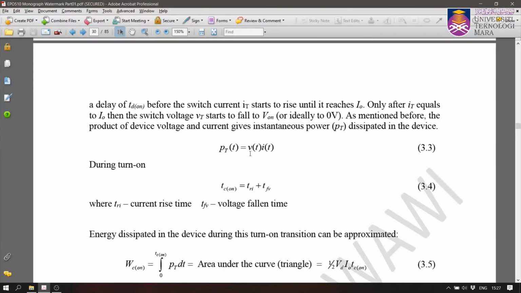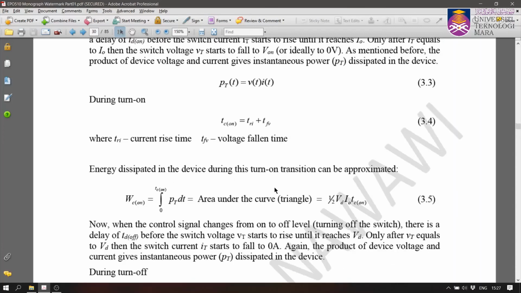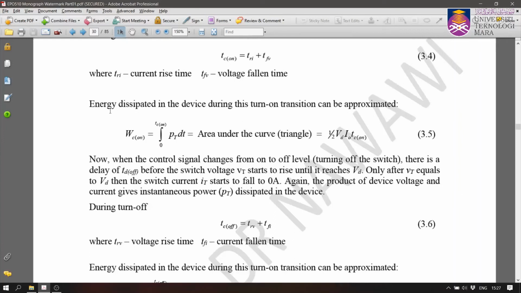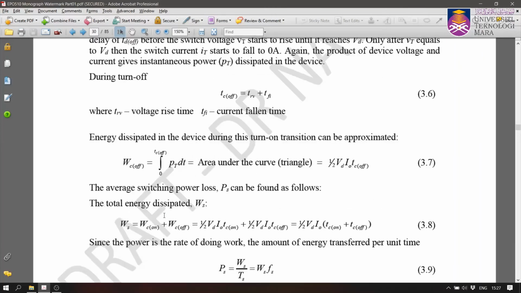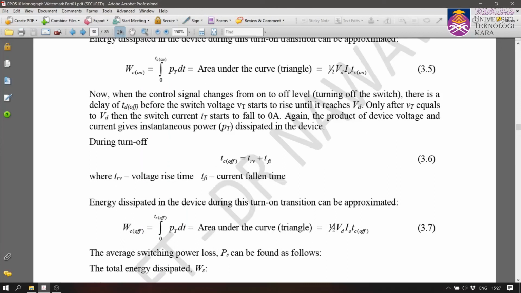And then we have PT equals VT IT. The turn on time tc on equals tri plus tfv. Don't worry about that. And then finally, the energy dissipated in the device during this turn on transition can be approximated using the triangle, because it's the area under the curve. It's a triangle, so you apply half multiplied by the height multiplied by the base, that gives you half VD I on. And during turn off, you get the same equation for energy, half VD I off, but now